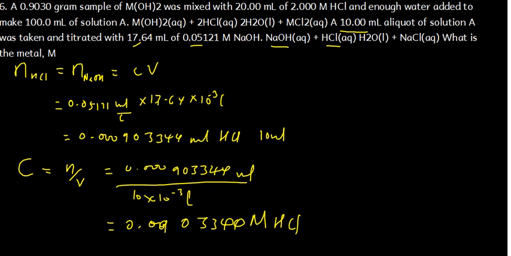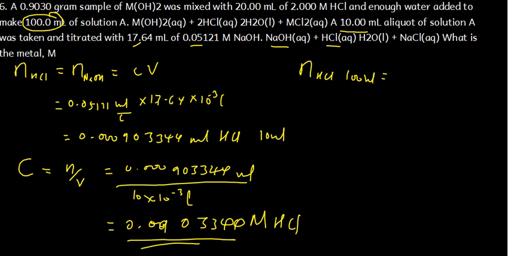Now remember this, we only took a portion. The actual one was 100 milliliters of solution A. Now from 100 milliliters we only took a portion of 10 milliliters. So now let's find the number of moles in 100 milliliters. So if this is the concentration, it is the same concentration as in 100 milliliters. All that is differing is the volume, and so the number of moles is going to differ. So I'm going to say number of moles of hydrochloric acid in what? In the 100 milliliters